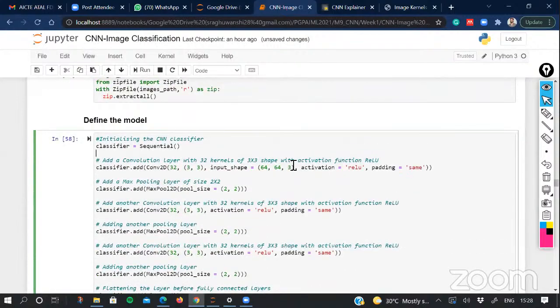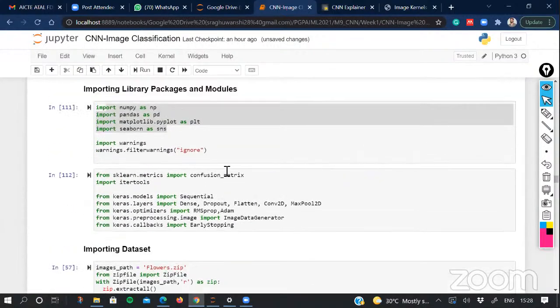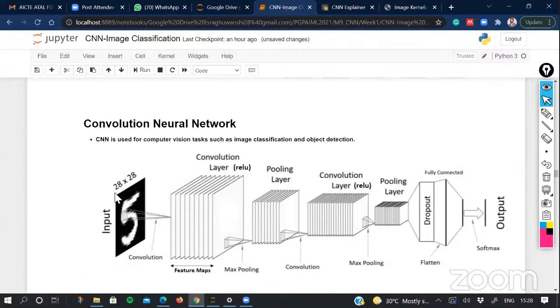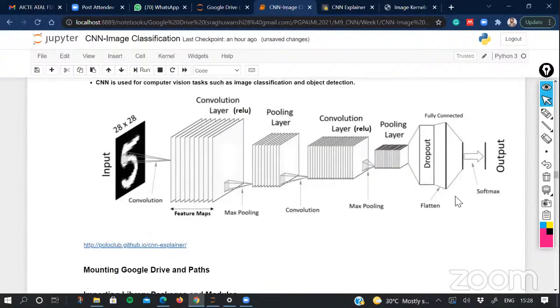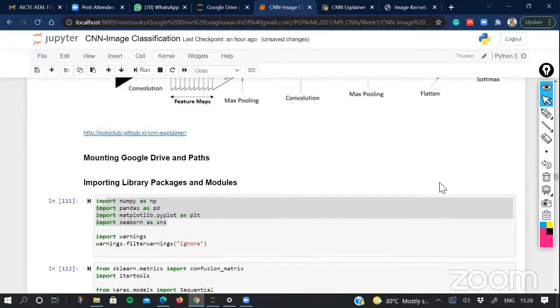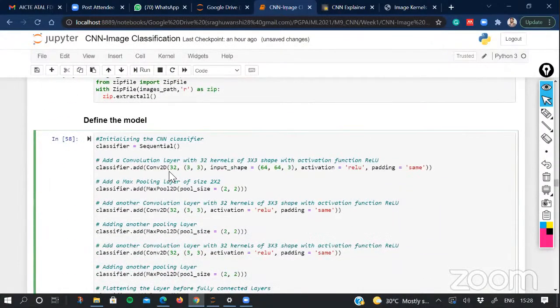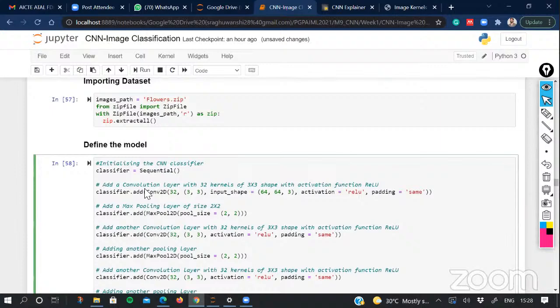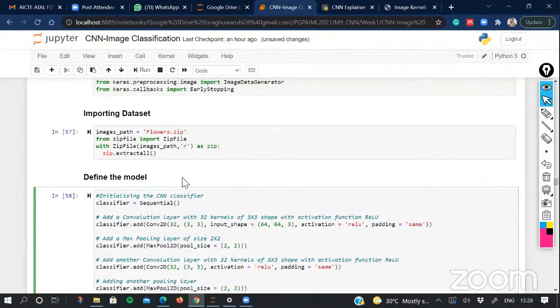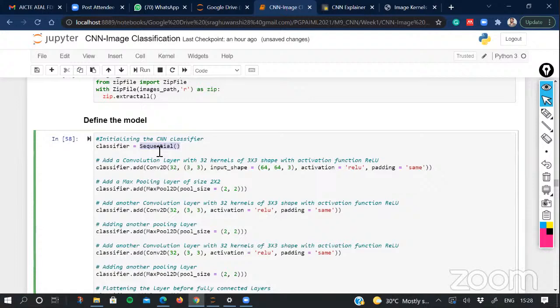Now here I am defining my model. You see, my model is going to have this kind of form. I have an input, so I have to define the input size first. What is the size of input which is taken by my model? Second, I will define some convolution layer, then pooling, convolution, pooling, and some flatten layer and fully connected layer also. So I can define my model here, and this can be generated by calling this Sequential class, which is imported through Keras.models. This Sequential class helps us to create sequential models. So we'll first create the object of this Sequential class, and with the help of this object, we can add layer by layer.